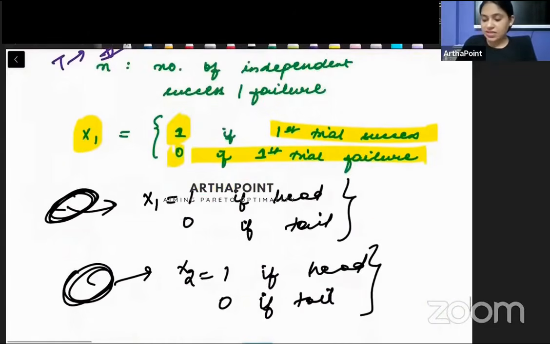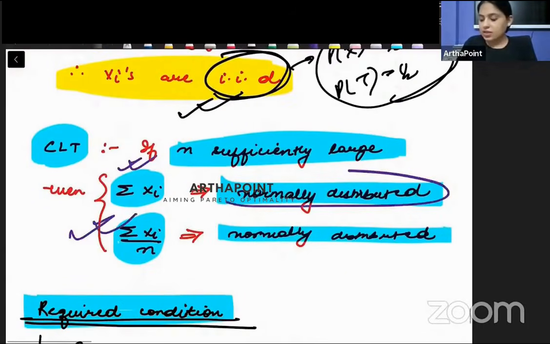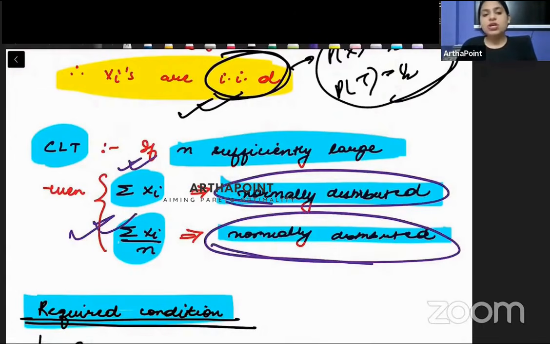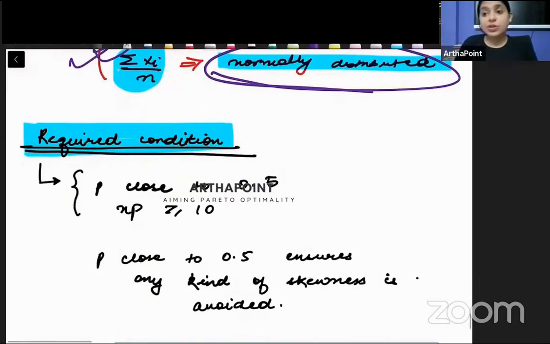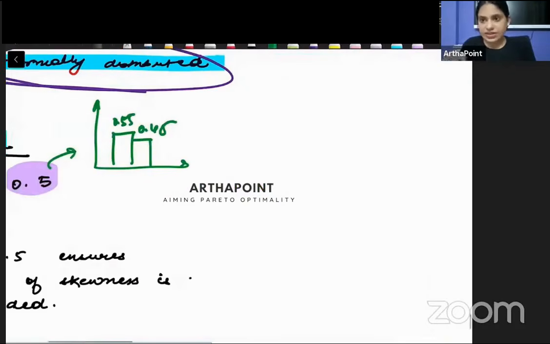तो ये जो हमारे Xi's हैं, हर Xi एक event था कि head आ रहा है या tail आ रहा है. अगर हम इन Xi's का sum निकालते हैं या mean निकालते हैं, then they will be normally distributed. So this is one of the applications of central limit theorem. Now there are some conditions for the binomial distribution to be normally distributed. So the condition is that we want the probability to be close to half. It should be close to 0.5. माने I don't want it to be very skewed. इतना चलेगा कि ठीक है probability of success is 0.55 and probability of failure is 0.45. That is fine. इतना skewness चलेगा.